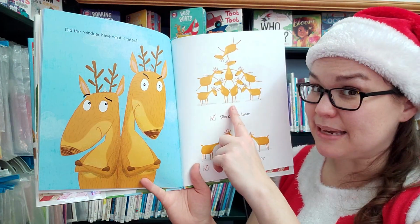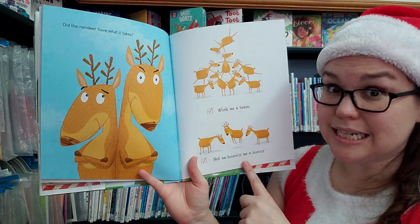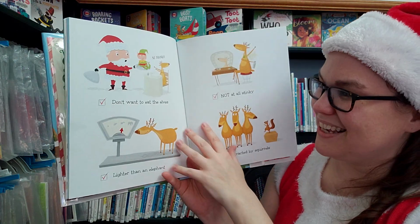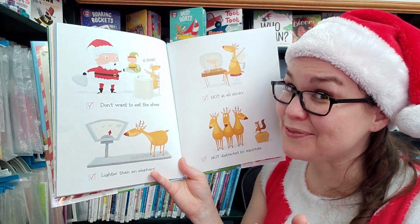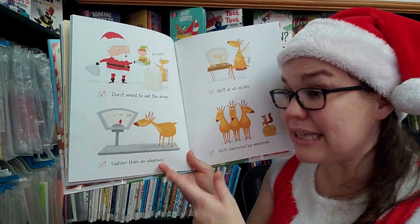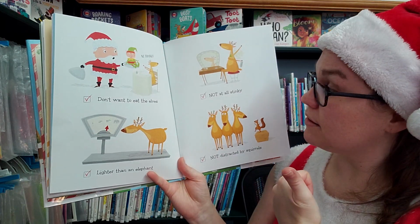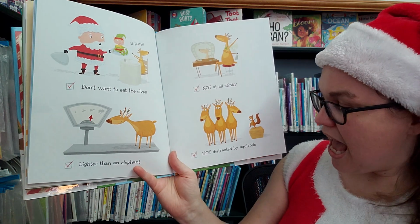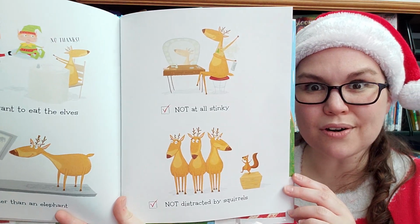They did work as a team. Check. Not as bouncy as bunnies. Check. They didn't want to eat the elves. Check. That's good. That's what the sharks wanted to do. They were lighter than elephants. Check. Not at all stinky like the skunks. Check. And not distracted by squirrels like the...